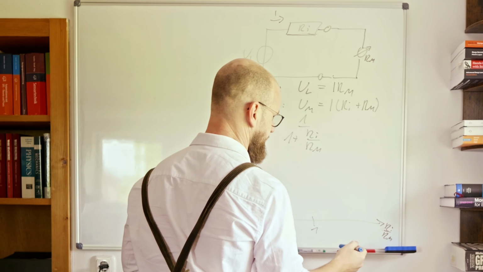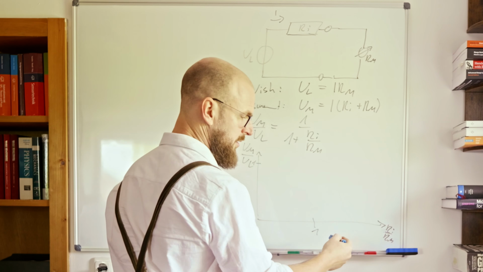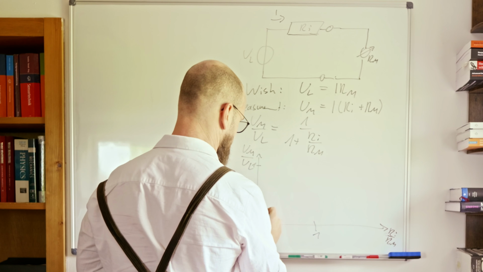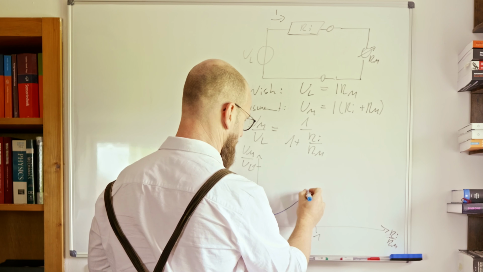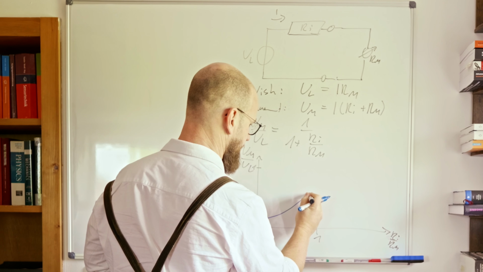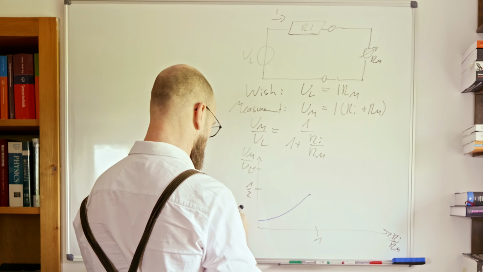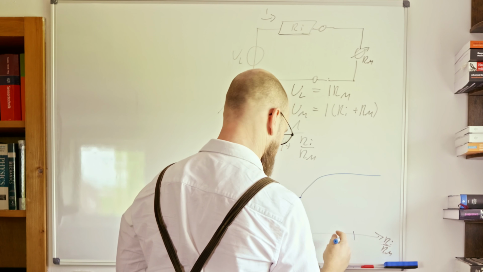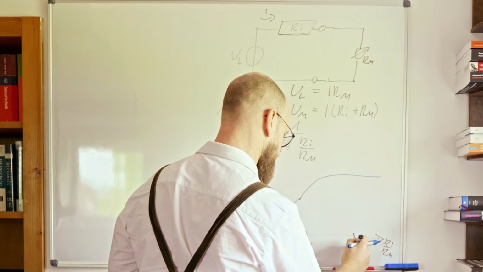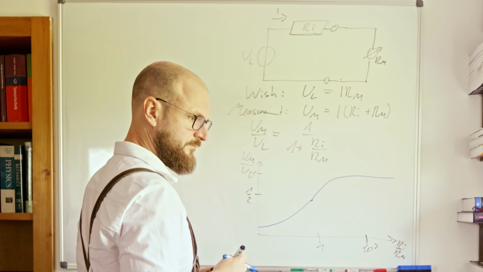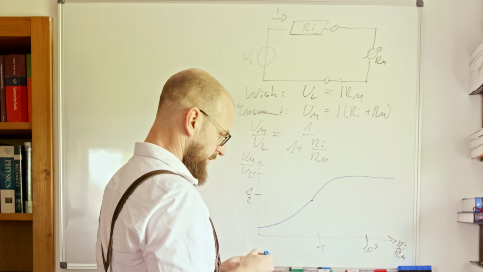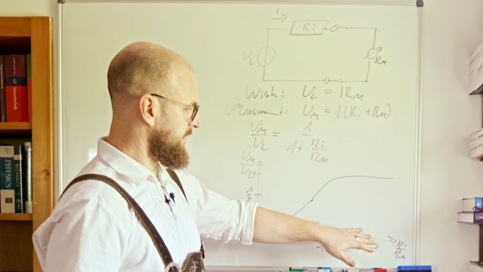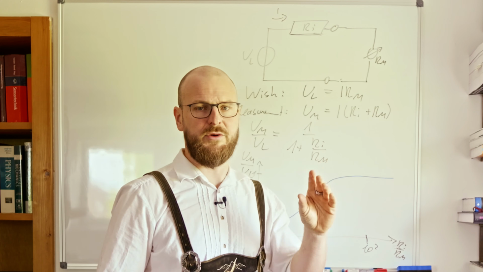We see for a very small ratio in our denominator, we'll start at some small value, going to go through that place where we are 1, which is again 1/2, and go up to 1 at that region, and again we are at some range of 10 to the 2 as ratio between Ri and Rm, which gives us the idea of when or how to think about that errors